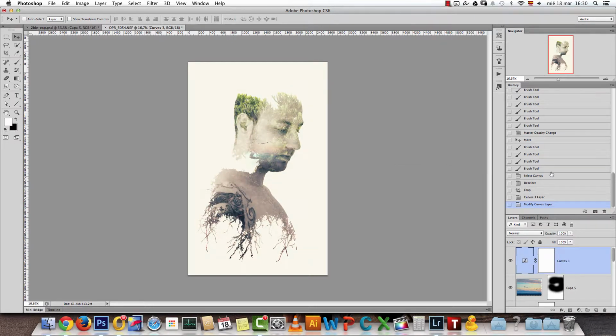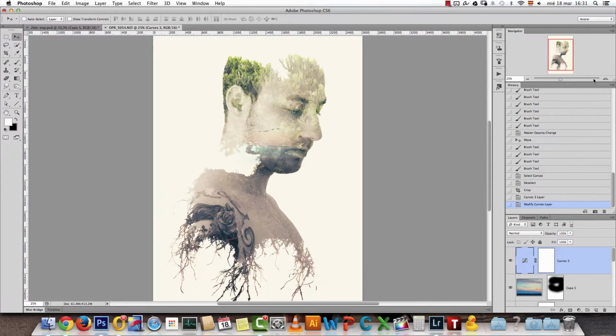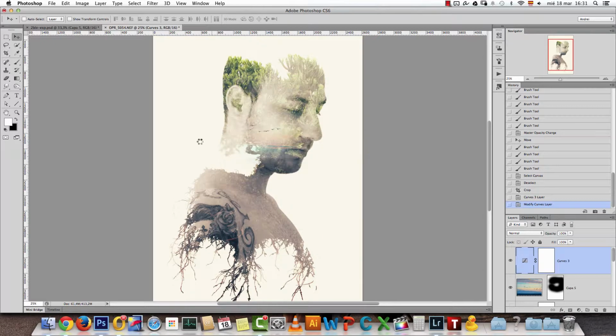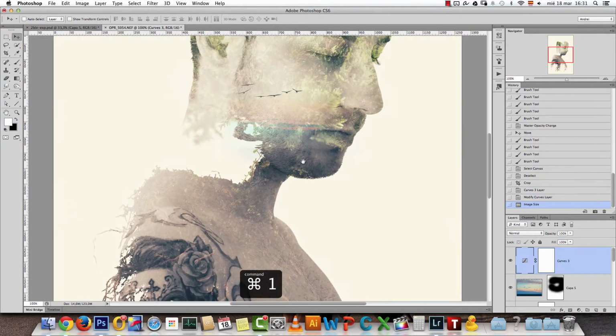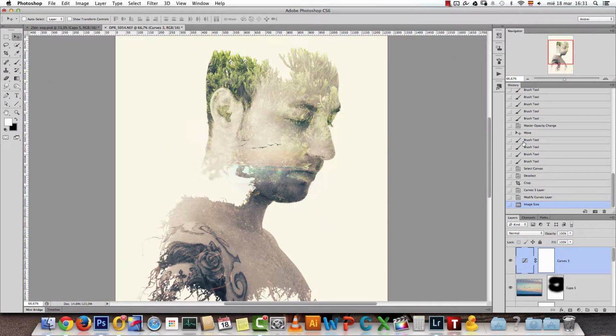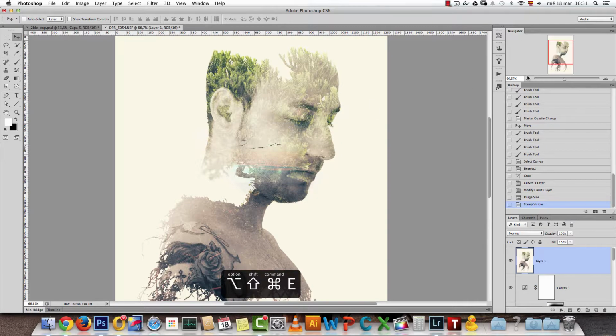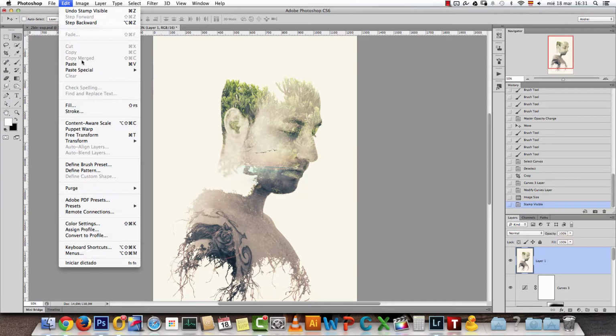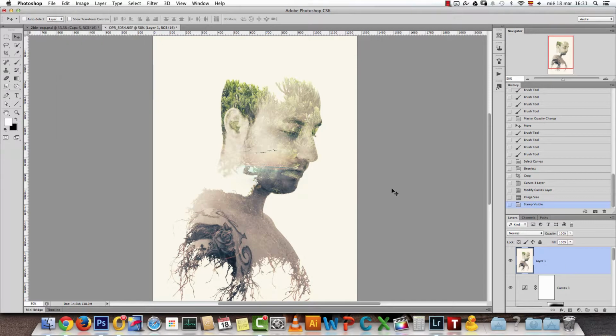And then I added some grain as well, but here in Photoshop the noise effect does not look really that good. First, let's make this a little smaller. The height just 2000 pixels. And let's see what we can do about the grain. What I will do is merge everything onto a new layer by pressing Shift, Alt, Command, and E. Okay, or you can also go to Select All and then Edit, Copy Merged, and then Edit, Paste. You will get the same result.